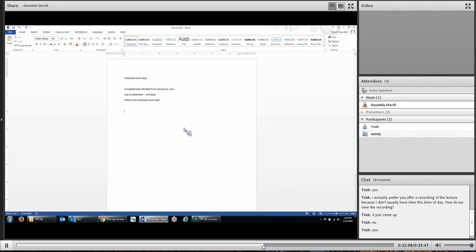Okay, so I don't see any other questions. All right, so that's really what it means. How many beds were available during this entire time? So we have a full year. Now, one little note, you might think how many days are in February, to calculate the entire year. Typically go with 28. I mean, there are years like this one, 2016, when February has 29 days. But if you're not told that, just go with 28, okay?